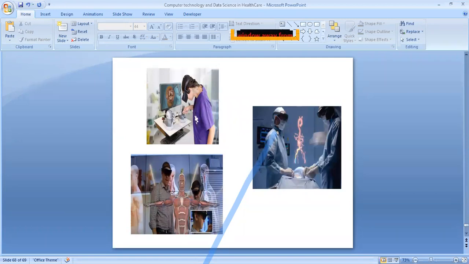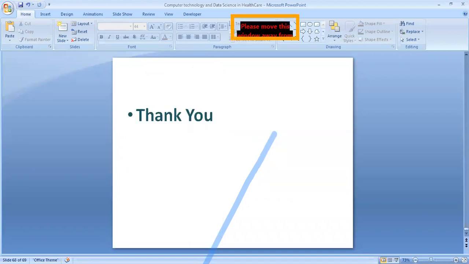I think I have covered most of the topics wherein we use the data science that we acquire from the patient, be it a diagnostic procedure or a therapy. With the analytical tools that we have in hand through computer technology, healthcare has gone to a very far level in success rate. So it's all done because of the data science and analytical tools that we have. So I'll stop with this. Thank you for your participation.